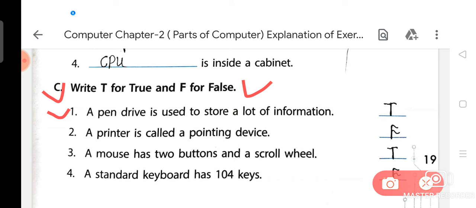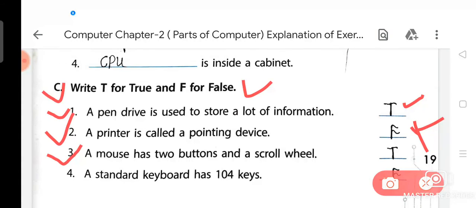You know very well that this statement is true. That's why you can fill in T. Second: a printer is called a pointing device. This statement is false, so you can fill in F.